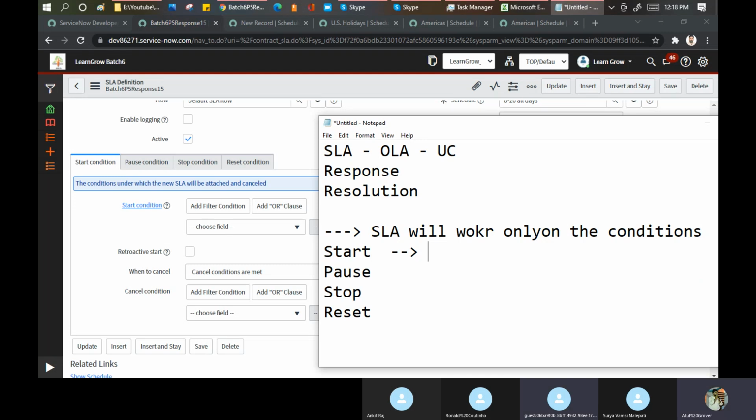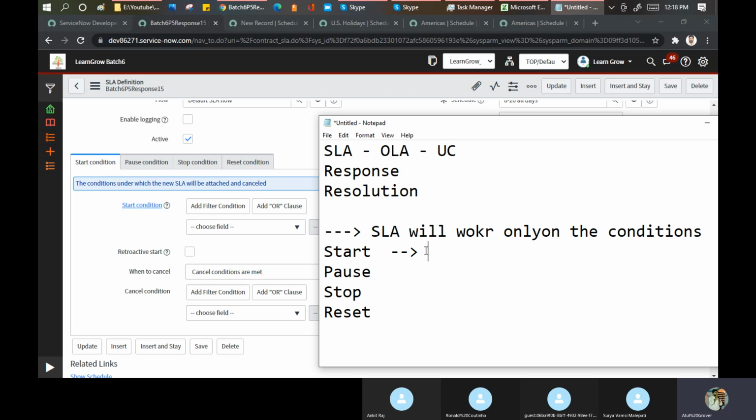Okay, my point is that in SLA, I have a first point called the start condition. I am giving an example of when my SLA will start: when I add a product in the cart or when I do the payment of that product. When you place that order, I say okay, submit, order submitted.